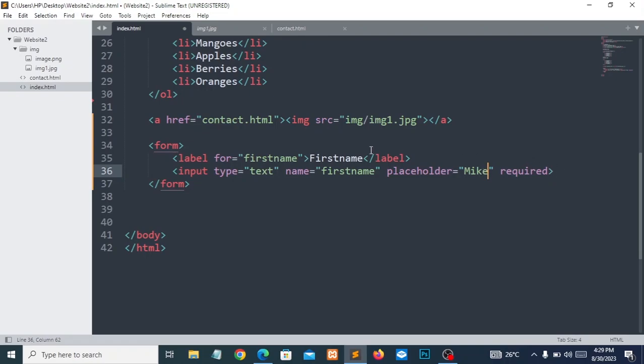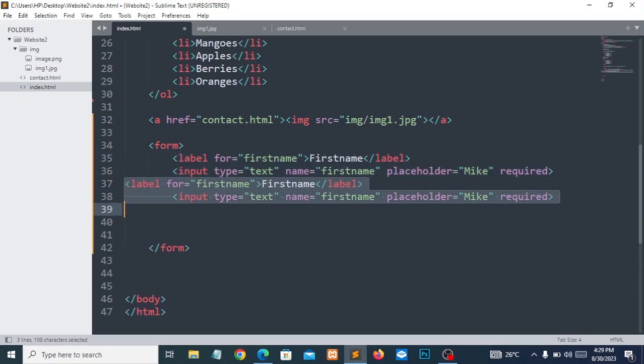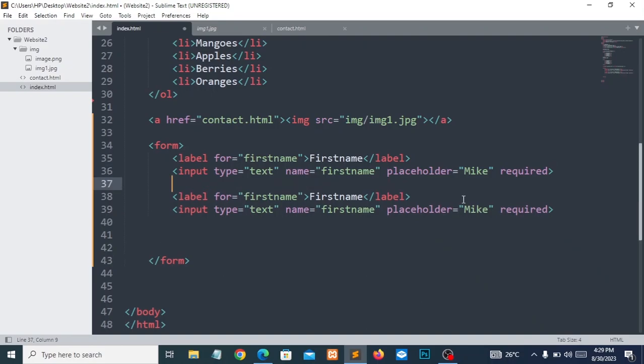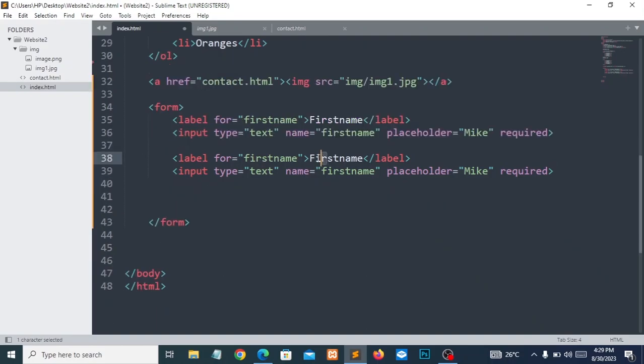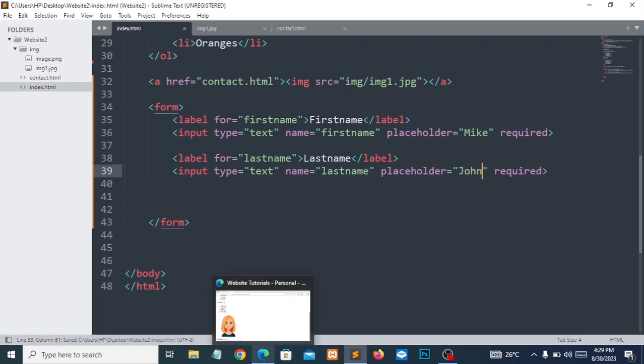Okay, so we have our first name, and so we also need a last name. So I'm just going to copy this and duplicate it. If you're using Windows, it is Control Shift D. So I just want to put a little space for clarity. Now this is first name, and so we need a last name. Last name, we also need it here. Okay, the last name is a text. The name is also last name. Okay, placeholder. So we'll change this. Let's put maybe the last name is John. Okay, save. And so if we go view here,